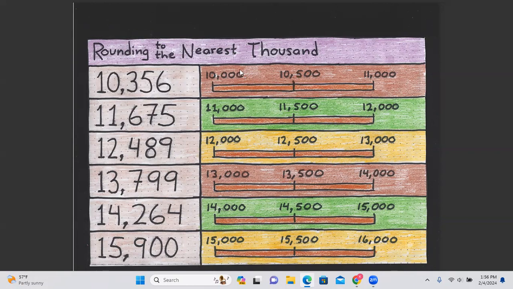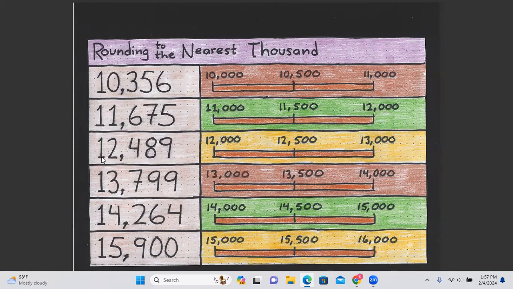So it seems like we can get the picture right here once we use that 500 as our threshold. And then it becomes easy, especially when we look at 11,675, knowing that 6 is higher than 5 and 675 is higher than 500. It meets our threshold as it relates to rounding to the higher number, which means that 11,675 will round to 12,000. And let's take a look at